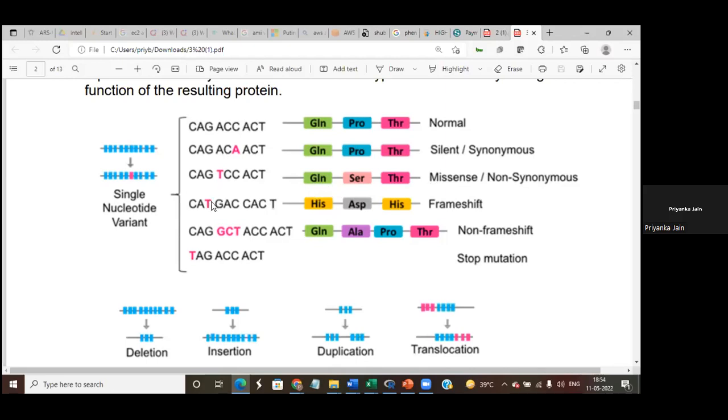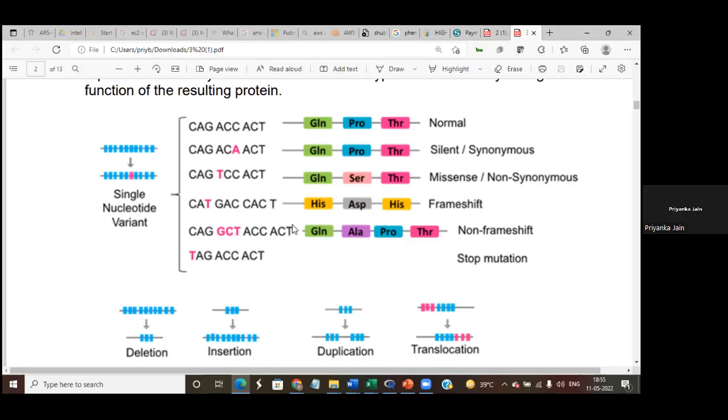Then up here you see that before G, a nucleotide got added, and CAT is there. Now what happened is that the frame got shifted. This codes for histidine. This codes for something else, not serine. So we call this a frame shift mutation. Then comes the